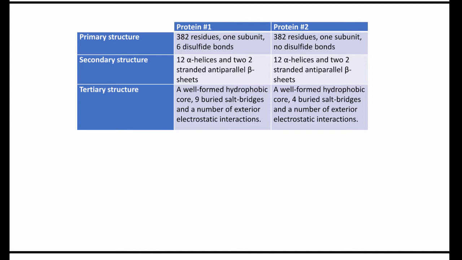So I have protein number 1 and protein number 2, and there's a description here in this table of the primary structure, secondary structure, and tertiary structure. And the primary structure, you'll notice, both of them have 382 residues. So these are the same size proteins. They don't have quaternary structure. They're only one subunit. And then there's some differences that are described here,